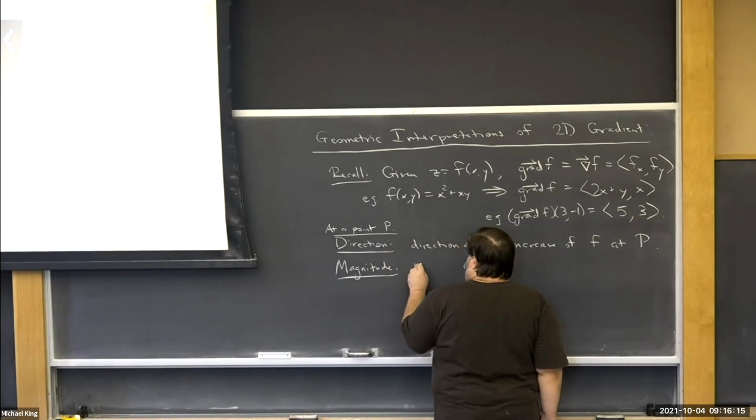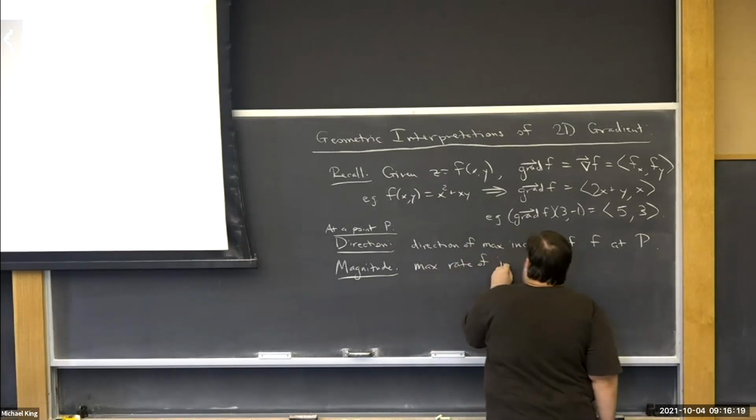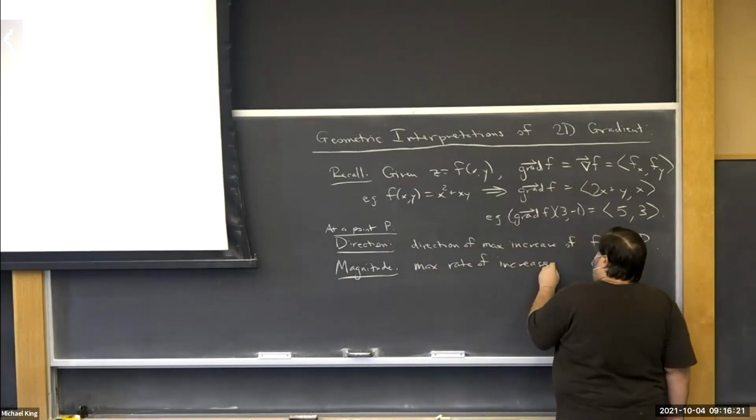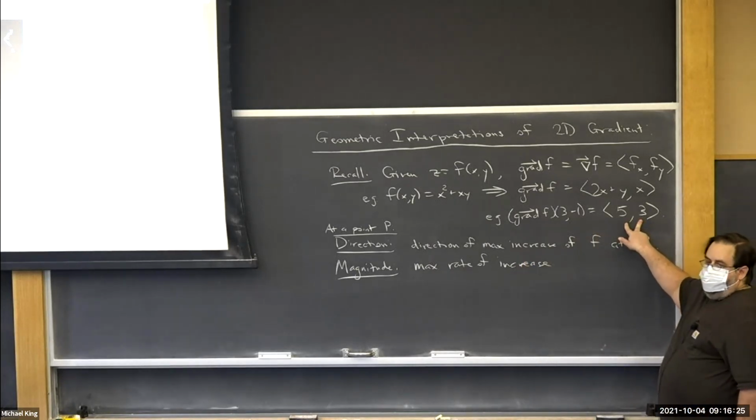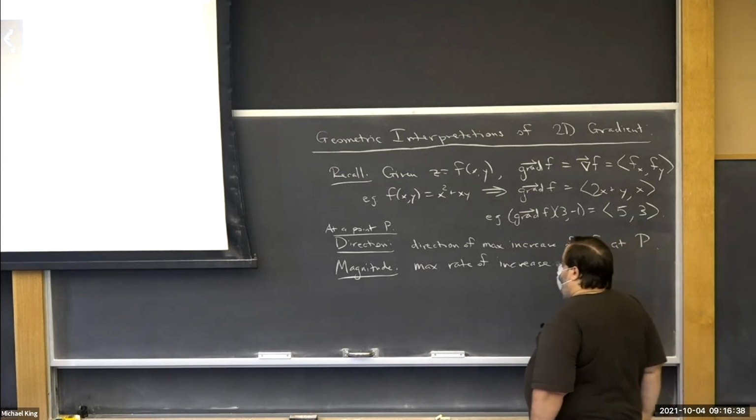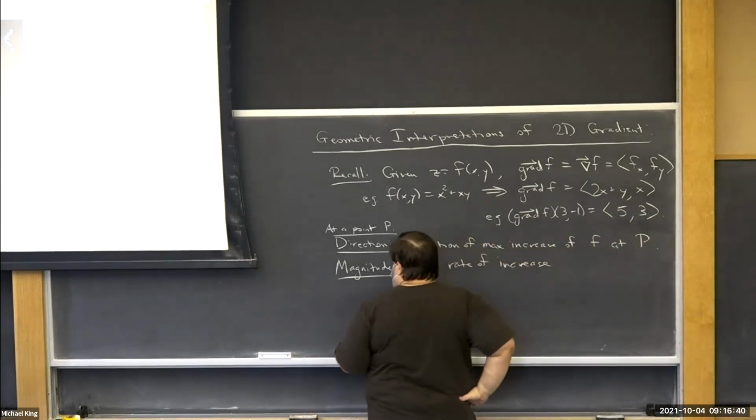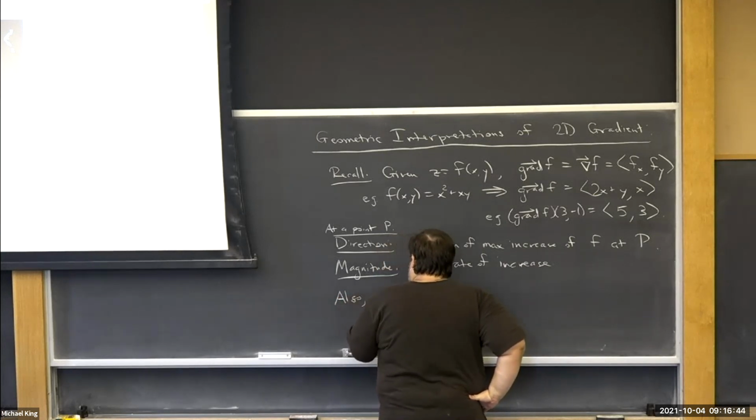Yeah, maximum rate of increase. Like here, in this example, the magnitude of this vector is the square root of 34, which is like 5.8 something. Remember, that was like the largest number we got in our slopes. It was like 5.8 something. And then also, the gradient of f,